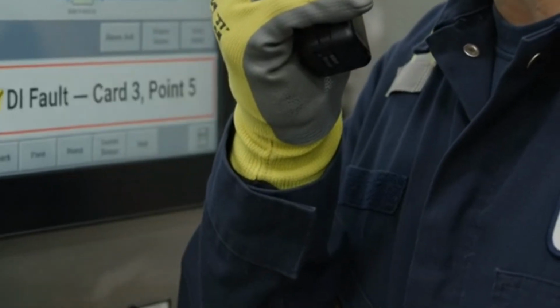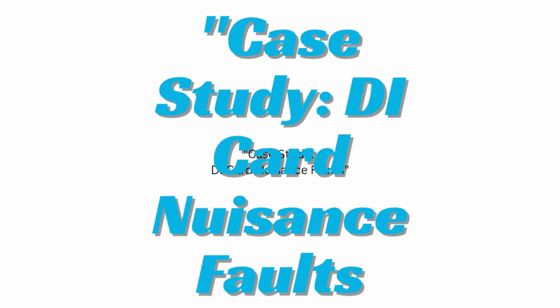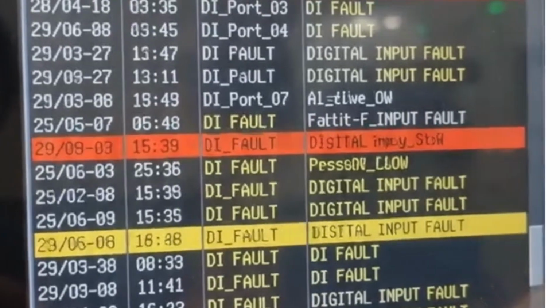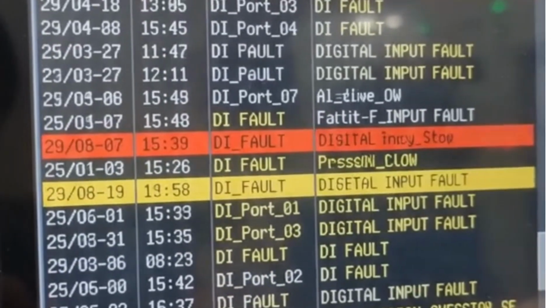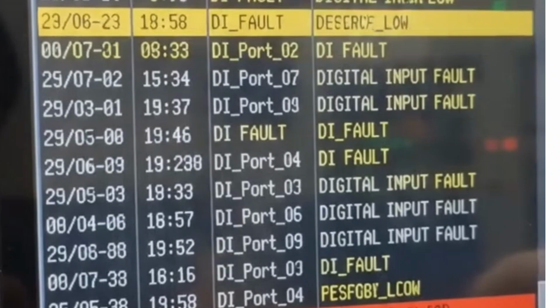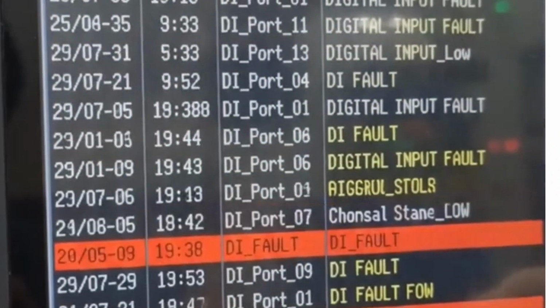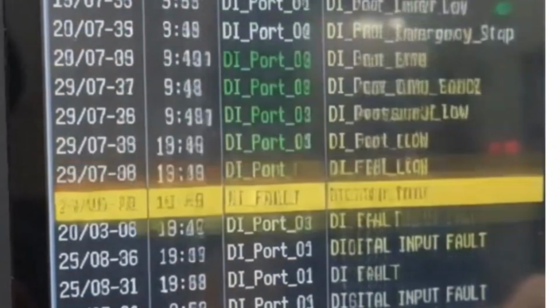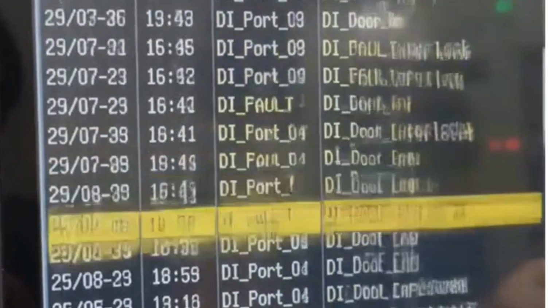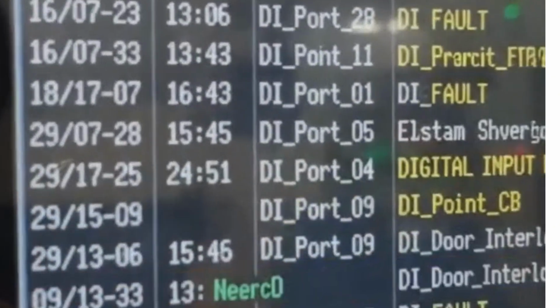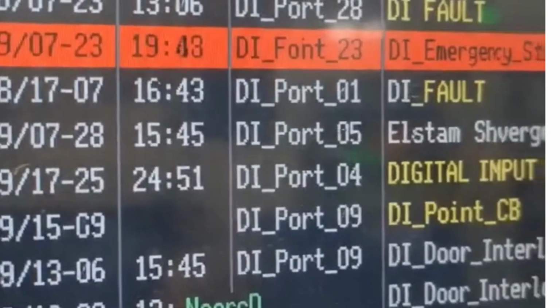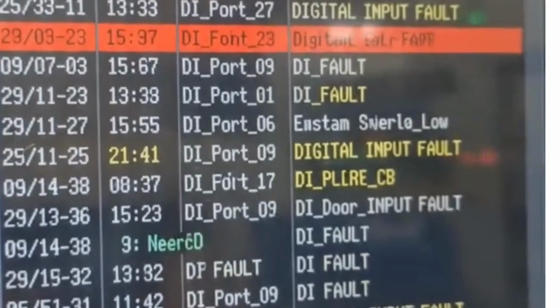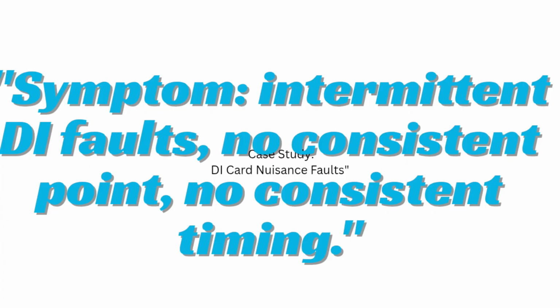at all. We've got a DI fault on card 3. Here's what we were seeing. A digital input card would occasionally flag a fault on one of its points, sometimes 0.3, sometimes 0.5, no consistency. The equipment tied to that input hadn't actually changed state, a limit switch reading open when it was physically closed, that kind of thing. It would clear on its own within a scan or two, so production barely noticed, but it kept showing up in the alarm history, and often enough that operators started ignoring faults altogether, which is its